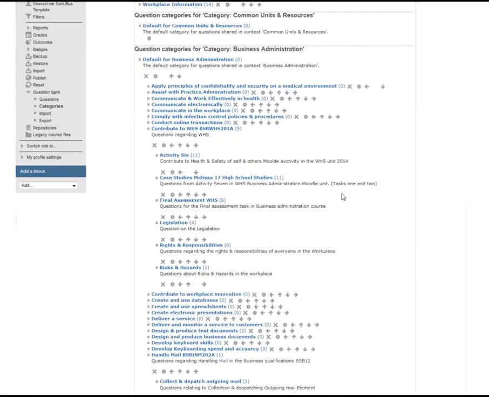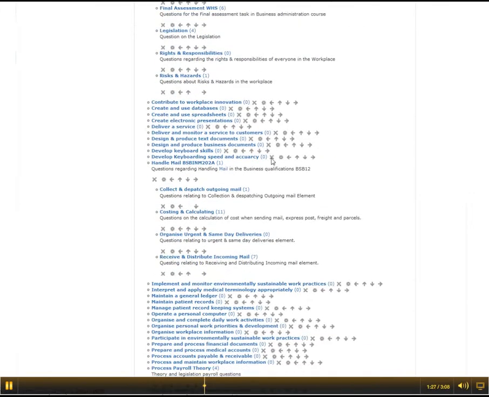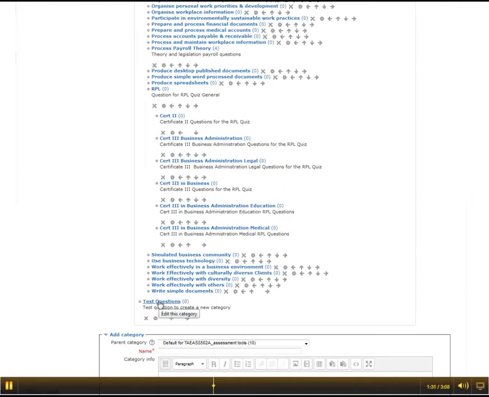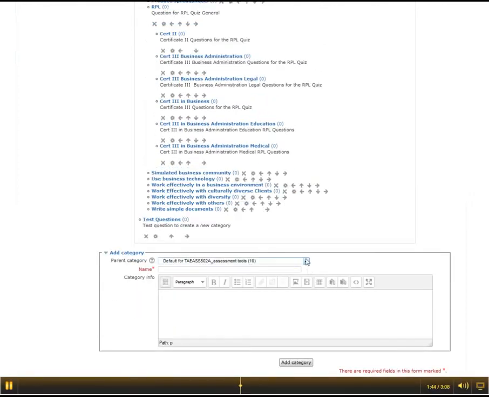You'll see the screen again. You come down to the default for admin and you come in here and it's alphabetical, so you just scroll down till you see test questions and there they are there. So when I add a new question I can edit it by touching this and I can change the details there. I can move it sideways so it's a subcategory,